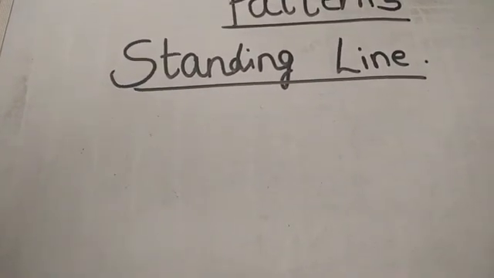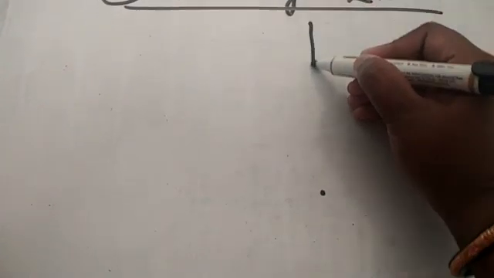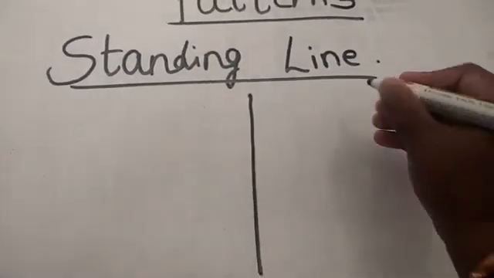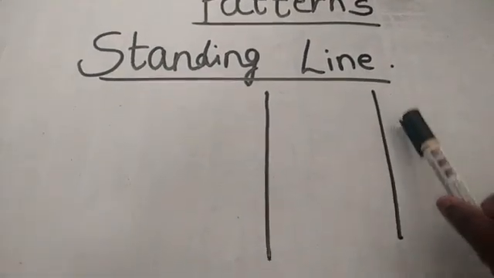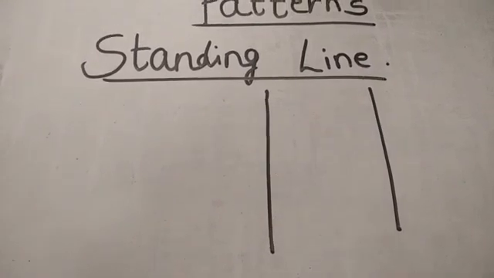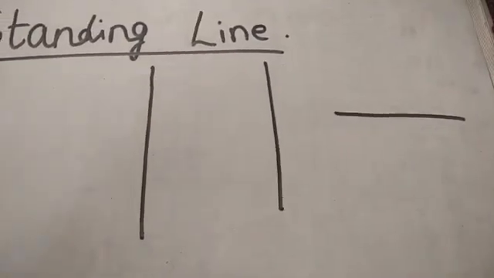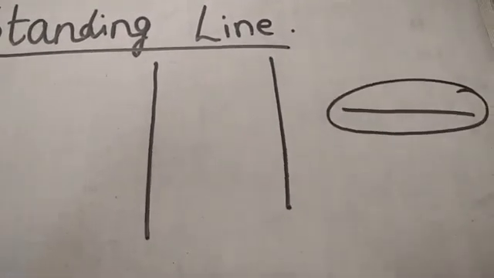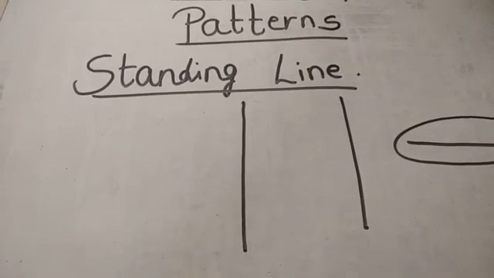How do you draw a standing line? From top to bottom. The line should be in a standing position, very straight. This is called as a standing line. The line should be in the standing position. And what do you mean by sleeping line? The line should be in a sleeping position. This is called as sleeping line. This is what we revised in the last session. So today we are going to revise the standing line.